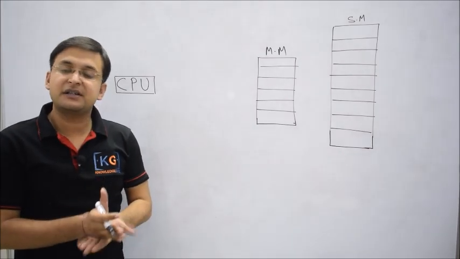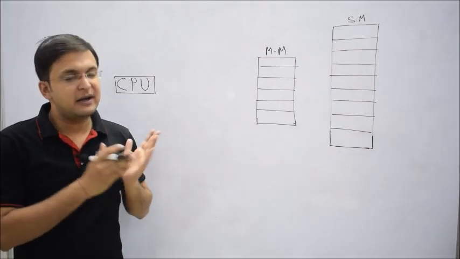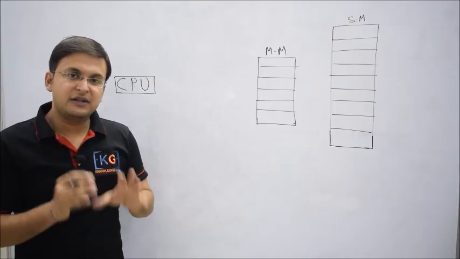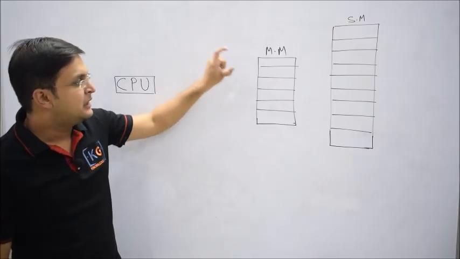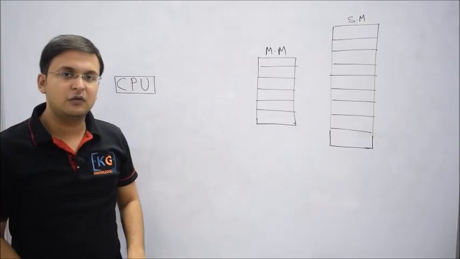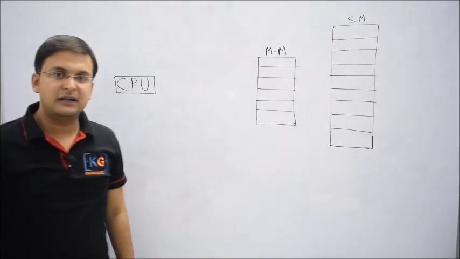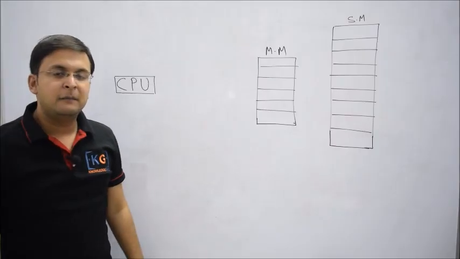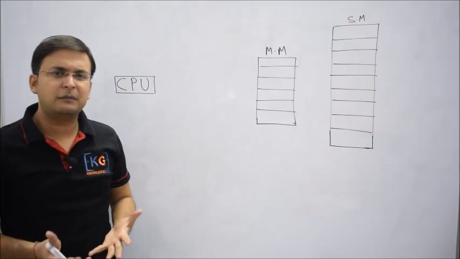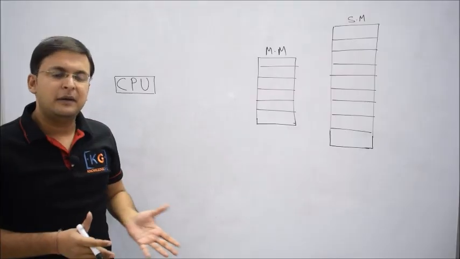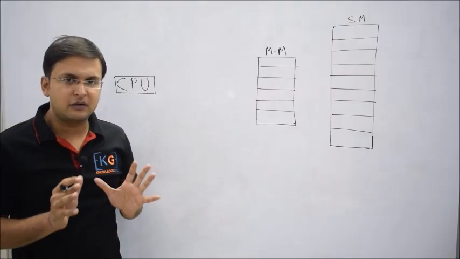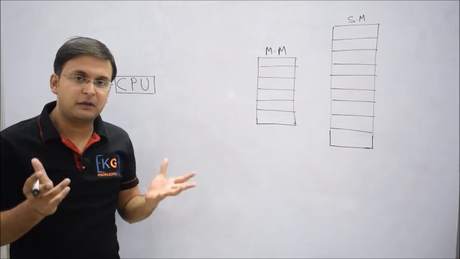And when we say fixed size partitioning scheme, we already discussed that we will suffer from internal fragmentation. What is internal fragmentation? If the size of a process is less than the size of the partition, we still have to allocate the entire partition, and there is no solution for that. But actually internal fragmentation is not that severe a problem, as I have already discussed, and we will also discuss how to reduce it.